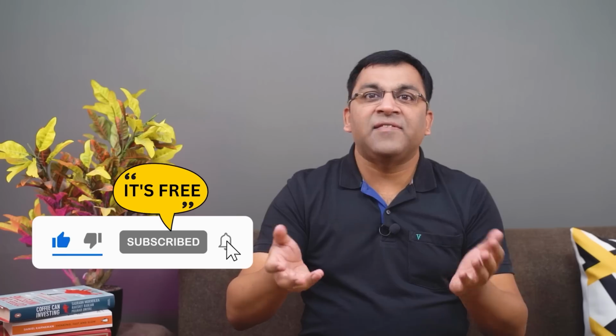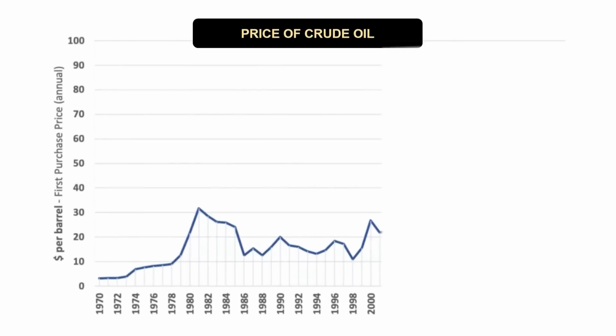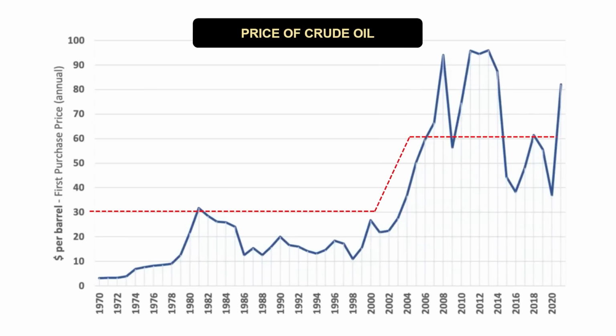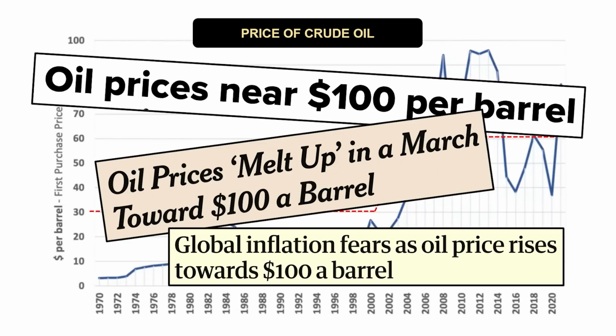The price of oil is another prominent external event, and for decades this has been as much a political metric as it has been an economic one. Now, the price of oil for many decades almost never crossed the $30 mark, but in the last 2 decades, $60 has become the new support line. In fact, at the time of recording this video, with the conflict ongoing in Palestine, there is every chance of a barrel of oil crossing the $100 mark if this thing spreads across the Middle East.